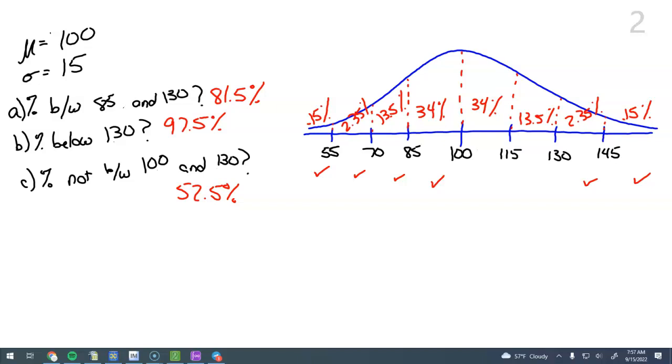Look at it. The one on the left, the one on the right, I'm not sure what that